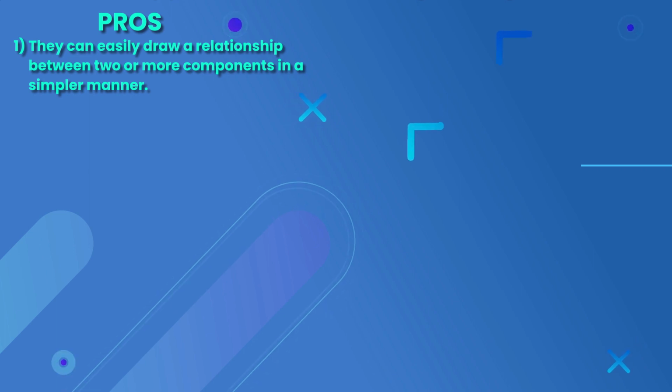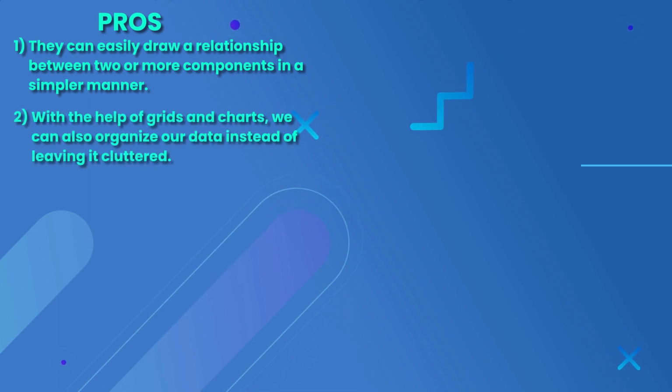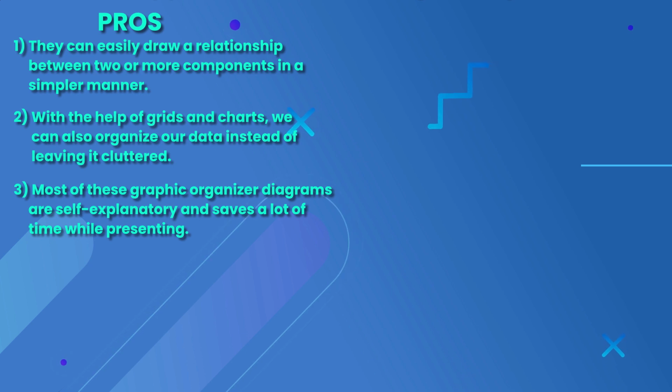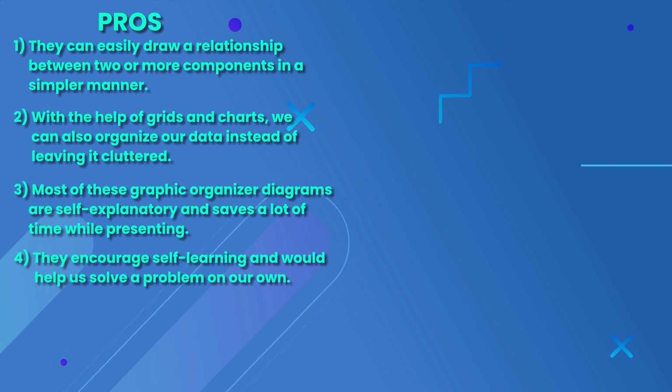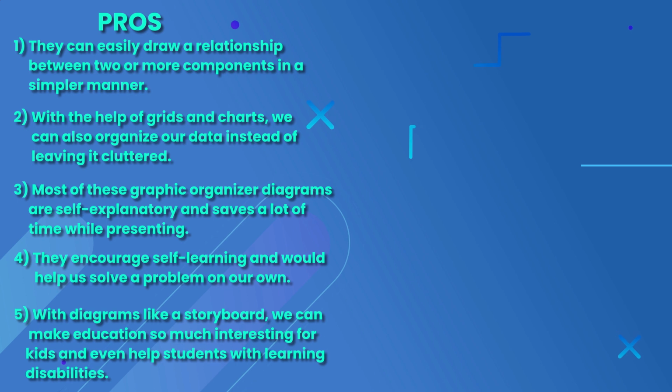Pros: they can easily draw a relationship between two or more components in a simpler manner. With the help of grids and charts, we can also organize our data instead of leaving it cluttered. Most of these graphic organizer diagrams are self-explanatory and save a lot of time while presenting. They encourage self-learning and would help us solve a problem on our own. With diagrams like a storyboard, we can make education so much more interesting for kids and even help students with learning